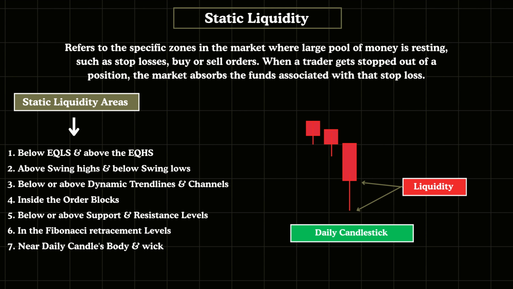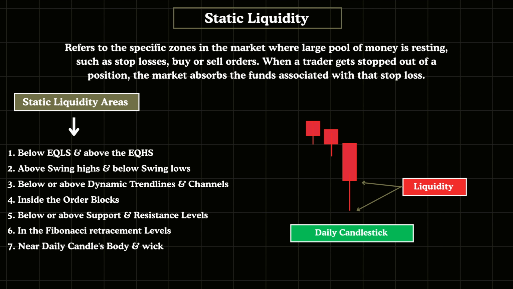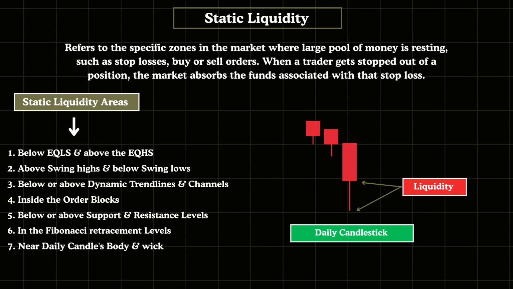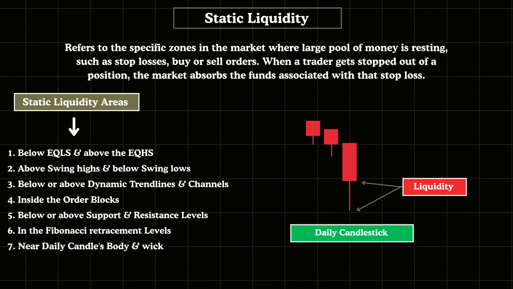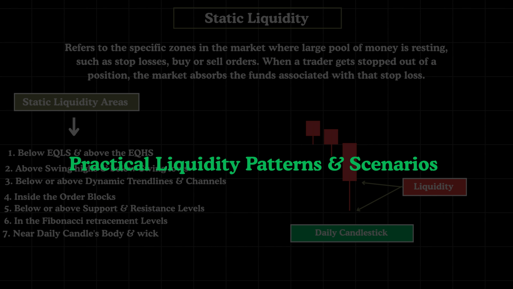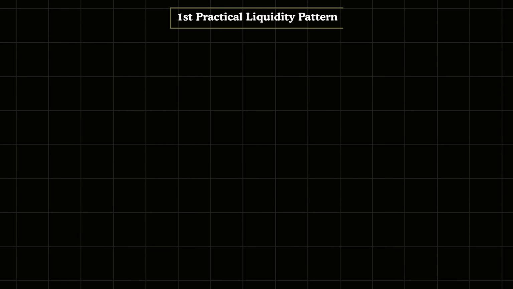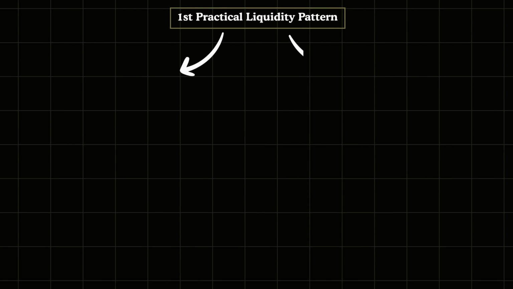to absorb liquidity. Now let's turn our attention to practical liquidity patterns and situations that have a higher probability of moving price compared to other zones. Spotting these areas on your chart adds a layer of precision to your trade setups, ultimately increasing your chances of achieving consistent wins. The first practical liquidity pattern we should consistently seek in the market is characterized by equal lows